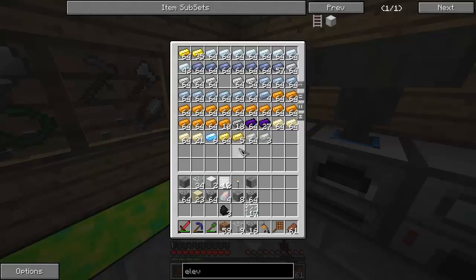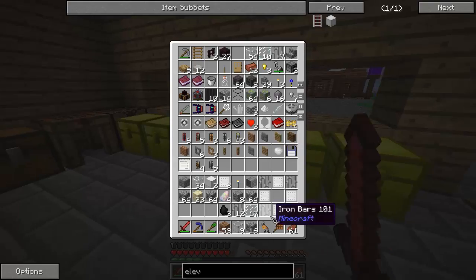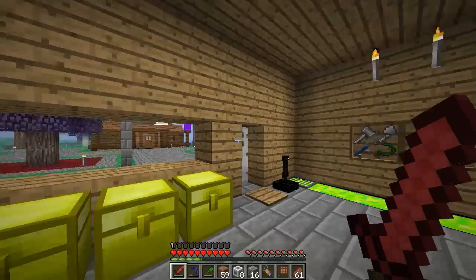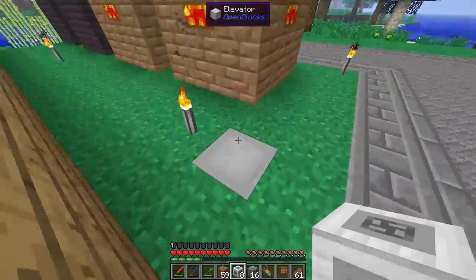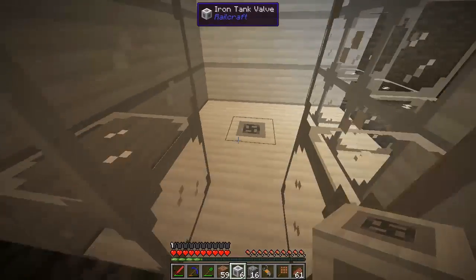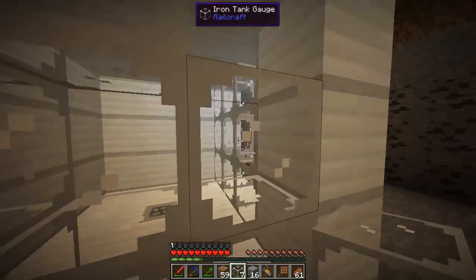And what they're going to require are some iron bars in, I think, this pattern. And do I have one? Yes. And a lever. That'll get us 8 of these valves. So I want to put these. That's awesome. I'll put one there and one there. And now, when I put it, it should...